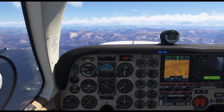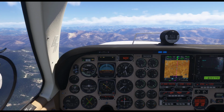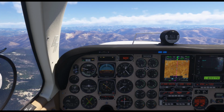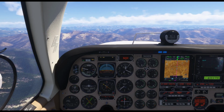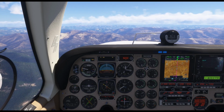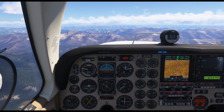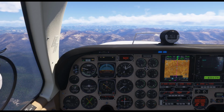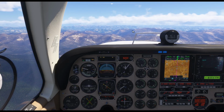I don't know why he switched to runway ILS. Well, I suppose the winds may have shifted, but I still want the RNAV into 30, so we're going to do the RNAV as planned. I mean, in real life, I would have switched to the ILS, but I purposely want to do the RNAV because